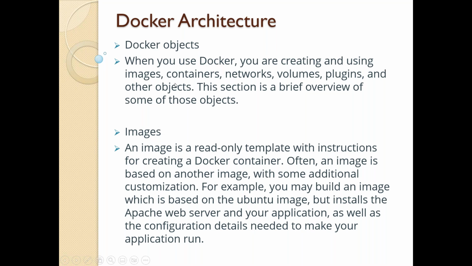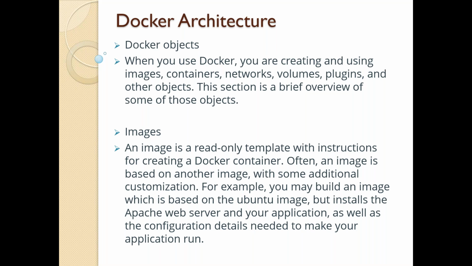When you use Docker, you are creating and using your image, container, network, volume, plugin, and other objects, right? So what are they? This one is the image, and an image is a read-only template with instructions for creating a Docker container. So if you want an Nginx image, you can take that image. It will have all the instructions, a read-only template. Often an image is based on another image with some additional customization. For example, you can build an image which is based upon the Ubuntu image, but installs the Apache web server on your